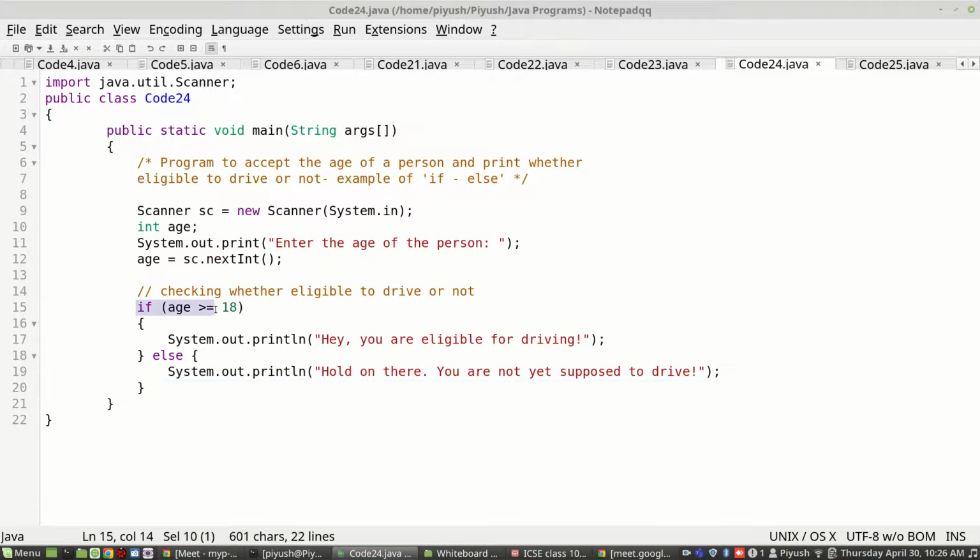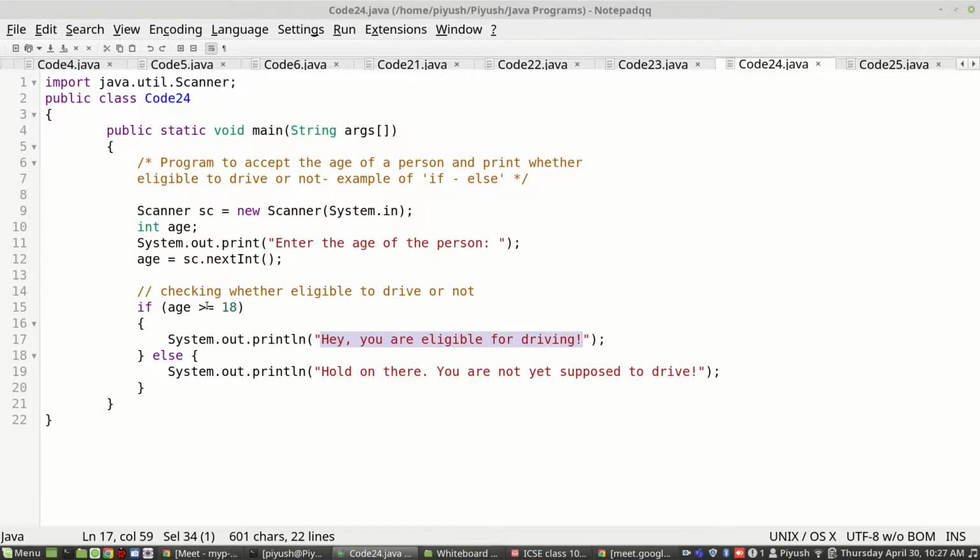If the first one is correct, then it will execute that. If the first one is false, then it will come to the second one and execute that statement. So either this or this will be executed. So we are checking if the age entered by the user is greater than or equal to 18. If this is true, it will go inside the if block and print the message, hey, you are eligible for driving.